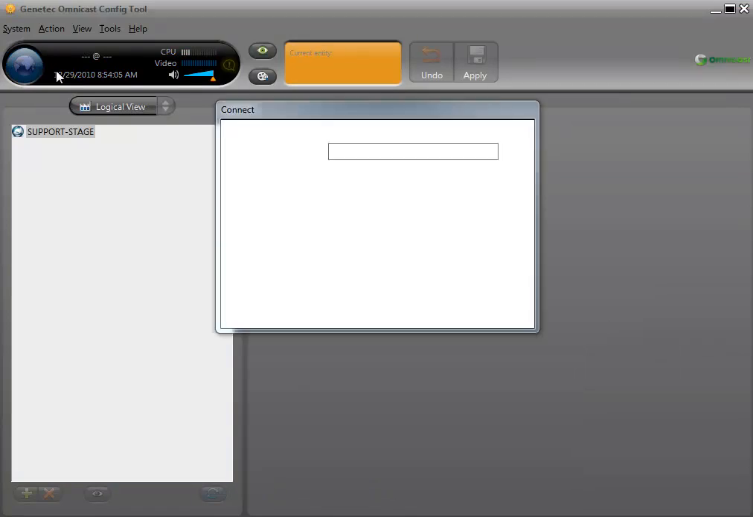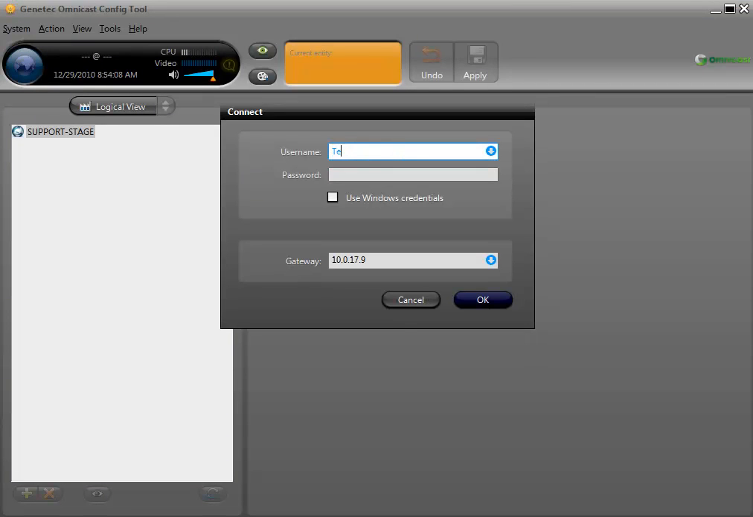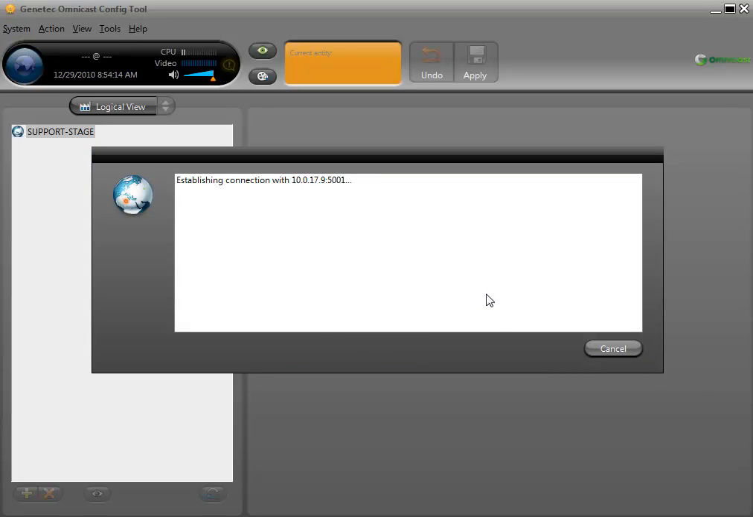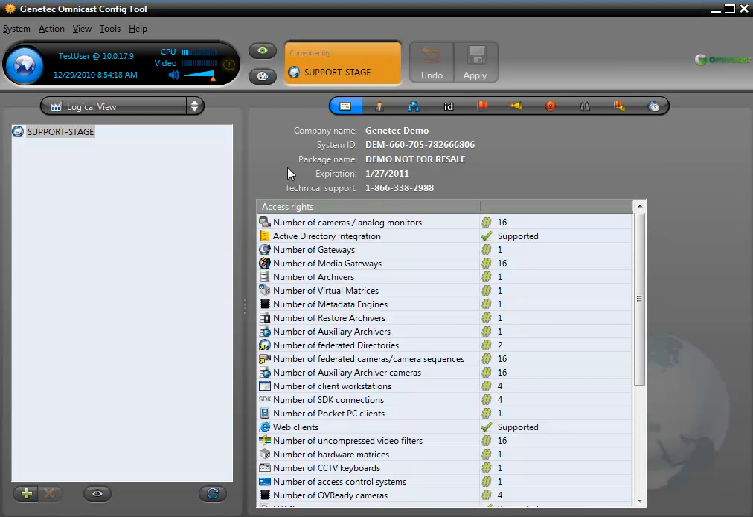So type the correct name and the password if it has one. Then hit OK. So the connection with the new user worked. Once again, you can notice next to the globe on the top left the name of the user and the gateway information. If you click on Logical View and go to User Management,